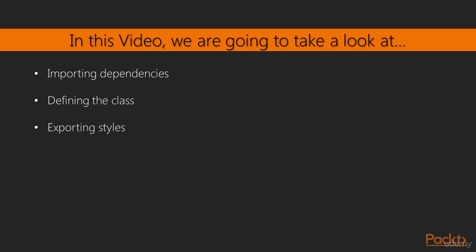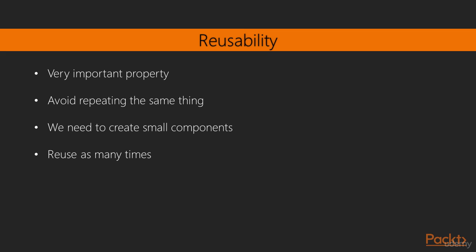In this video, we'll first import the dependencies and create a button component, then define the class for the component, and finally export the styles. Reusability is very important when developing software. We should avoid repeating the same thing over and over again, and instead we need to create small components that we can reuse many times as needed. While going through this video, we'll learn how to use props and how to dynamically apply different styles to a